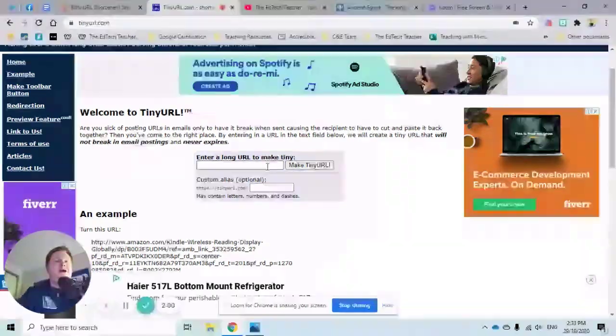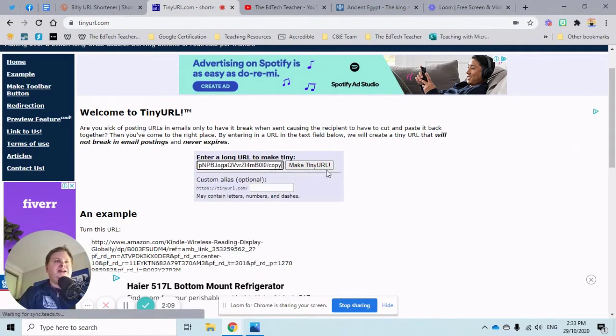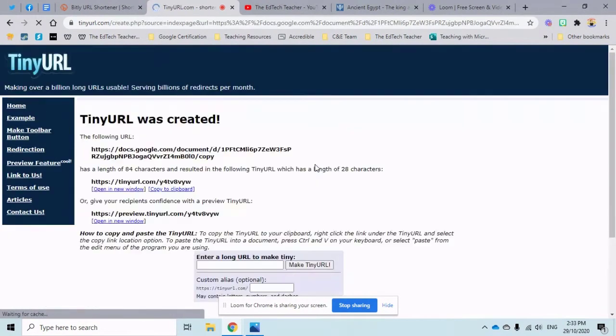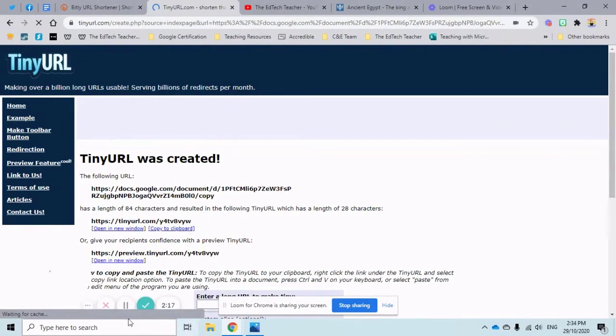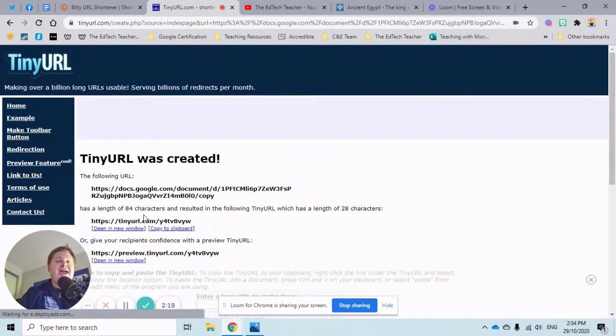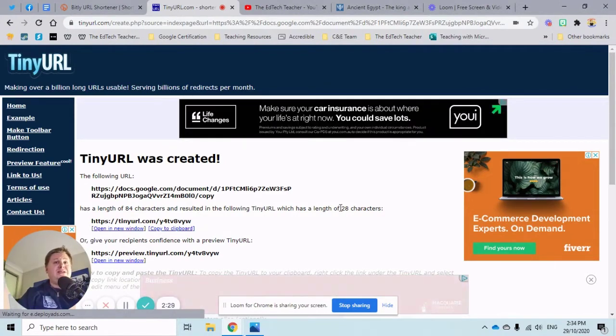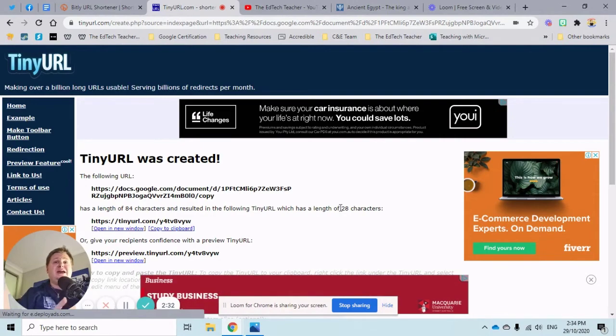we make it tiny. So all we do here is click on our box, and I've already got a URL address that I'm going to put in here. So I'm going to click here, I'm going to paste my address, and then I'm going to click on Make Tiny URL. So it's going to take my document, and it can tell me here that my document originally had 84 characters, and this has resulted in the following tiny URL, which has been created with only 28 characters. So I've lost 50 odd characters here, which is going to be much easier for my students to access and